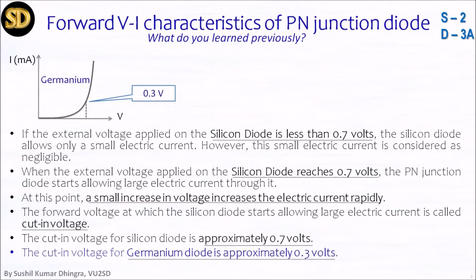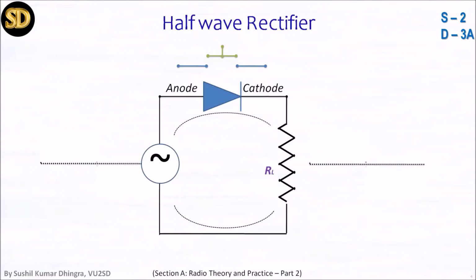Now, coming to how a half wave rectifier works. See the situation initially: the diode is an open switch, and no current is flowing. The moment we connect the AC electrical supply and the phase becomes positive, this diode becomes forward biased and works as a closed switch. See on the screen, the electrical charge starts flowing through the diode, and after RL it completes the circuit. This is how the circuit works when the phase is positive, in forward bias.